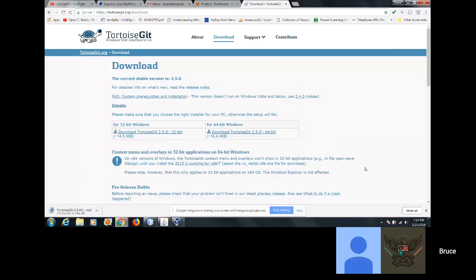So when you finish downloading Tortoise, install it. For some reason, this is coming across very slow. It's circling around 12 minutes left. That's a long time. Is that what your download is? That's what it's telling me. Well, it says 5 now, so it's obviously not very accurate. Mine's wavering around a lot. I just started a second ago. Okay, then while we're letting that download in the background, let's talk about other things.